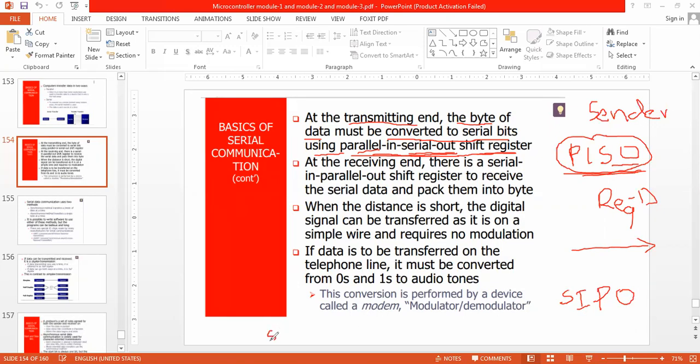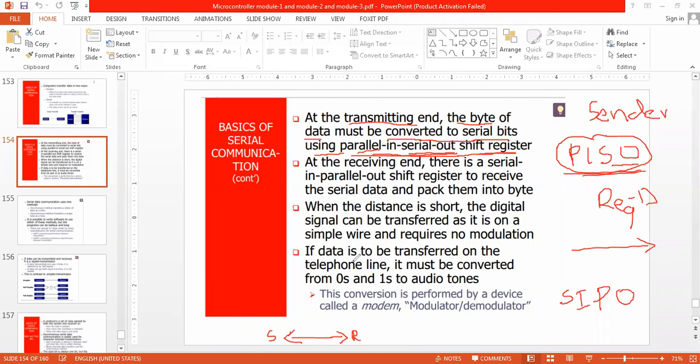So the sender and the receiver may have a long distance between them. A longer distance communication can be set up by using serial communication, and a smaller distance communication can be set up by using parallel communication.